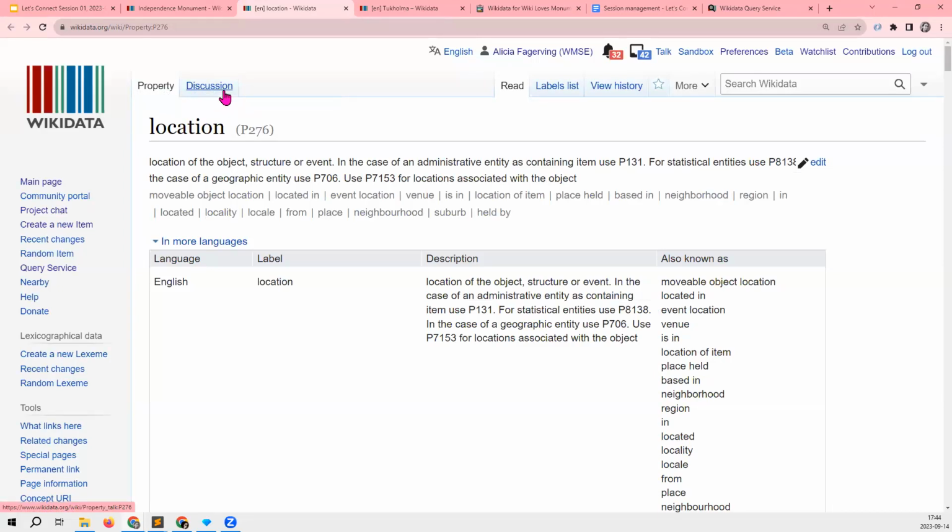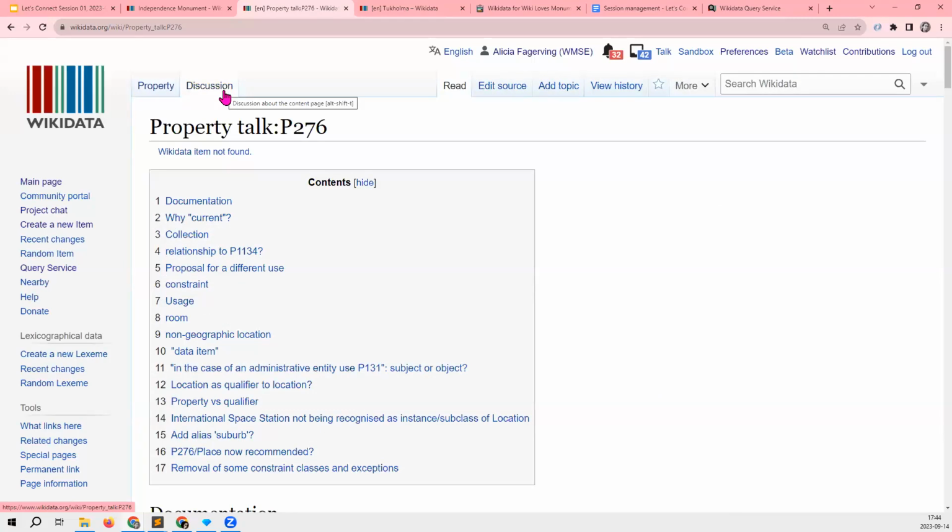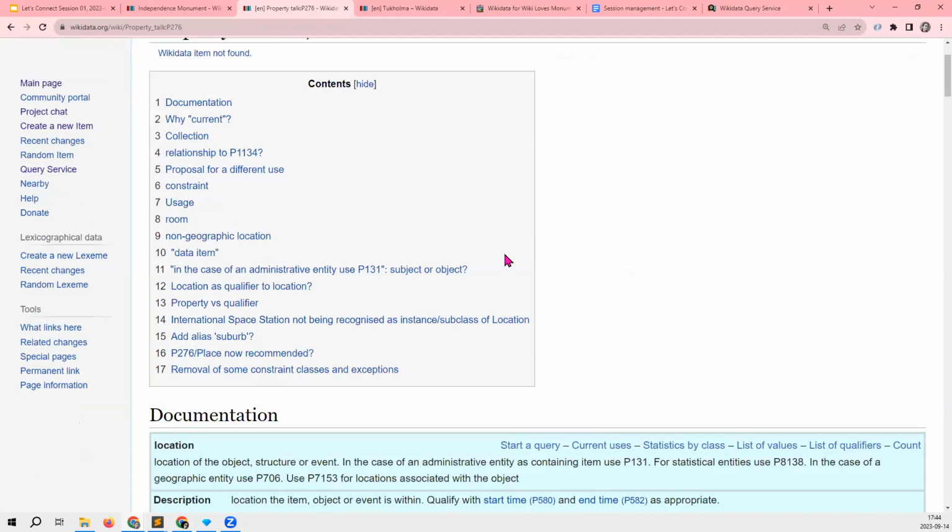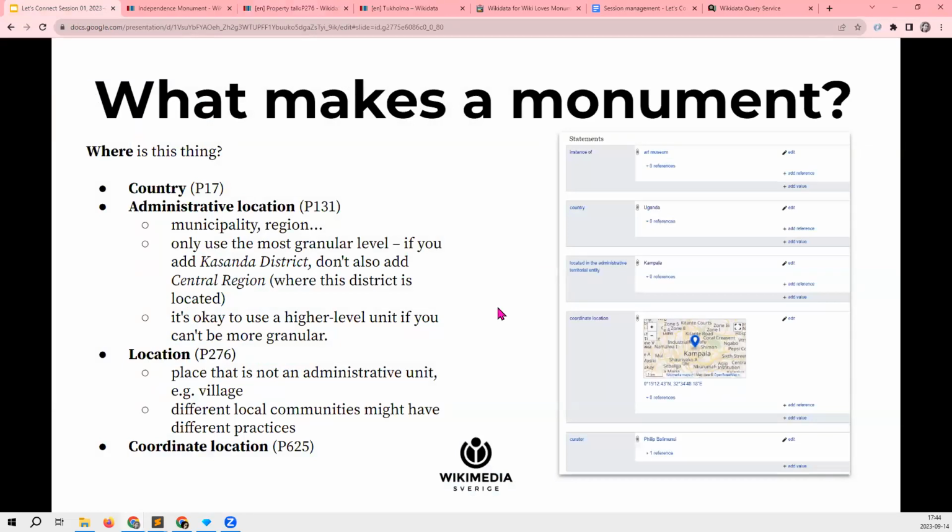You will also note that every property, just like every item, has a talk page. And especially in the case of properties that are used a lot, there will probably be quite a lot of discussion where people talk about edge cases and best practices and try to agree on how to best use this property in different thematic areas. So if you are curious about it, there is always a lot to read.